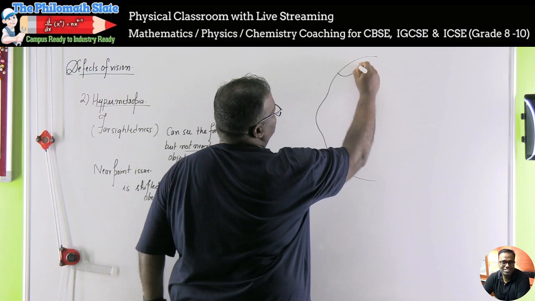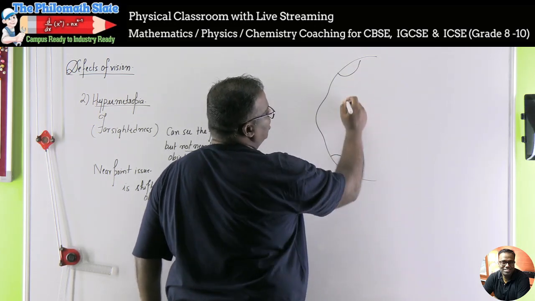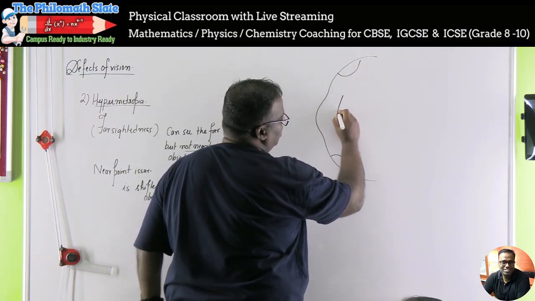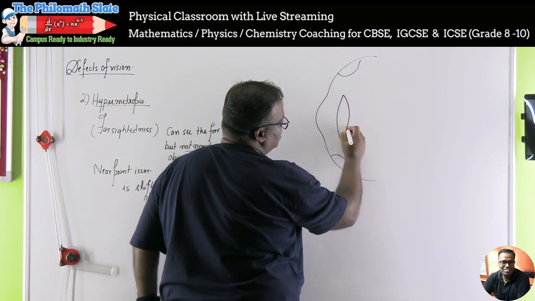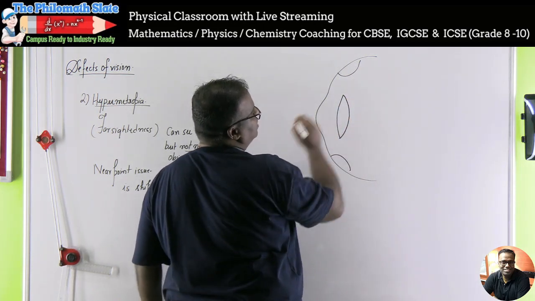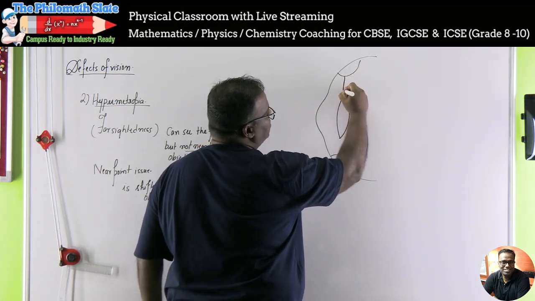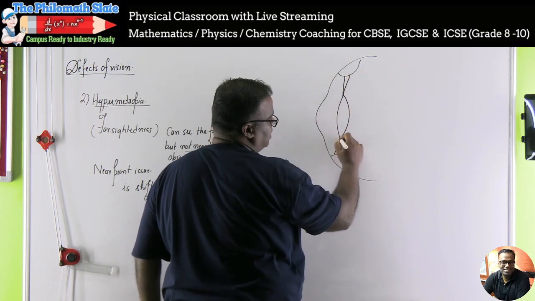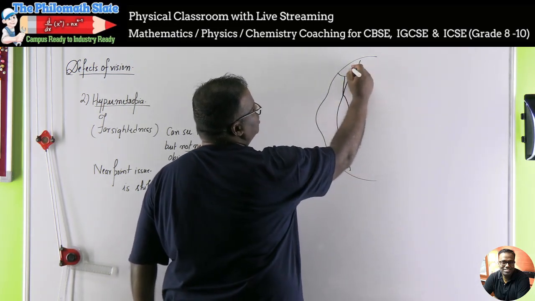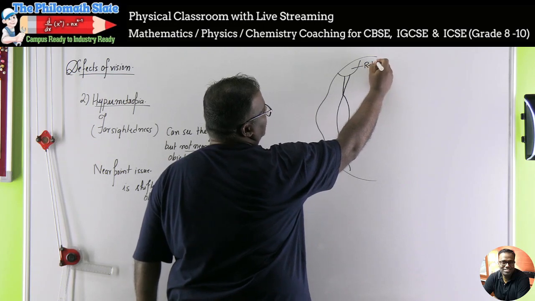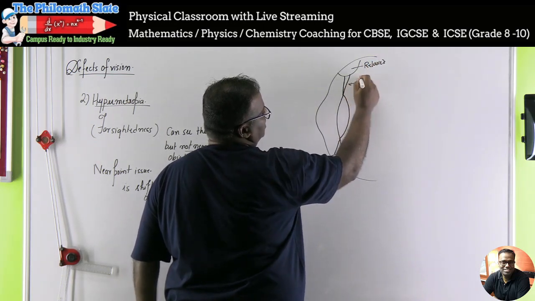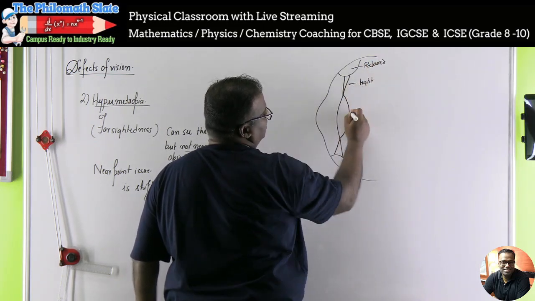This is your ciliary muscles, right? Your lens, when you're seeing far off things, this is the condition of your lens. Your suspensory ligaments are absolutely tight. These are tight, and this one is relaxed. This one is tight, right? And this is slender,